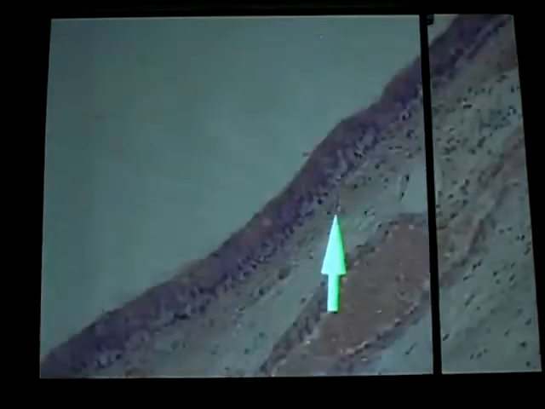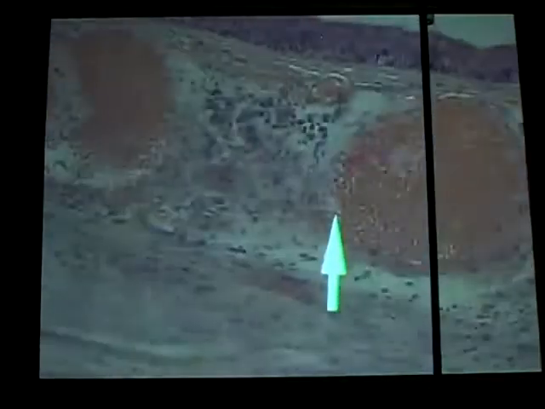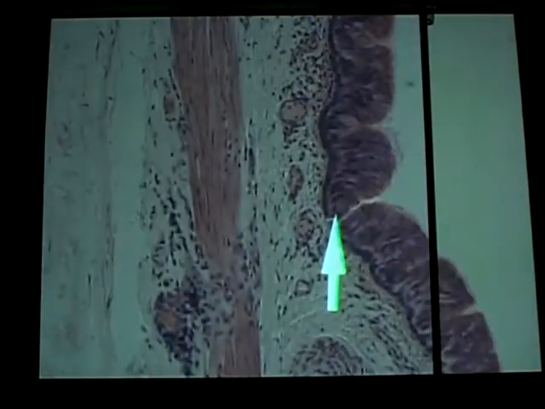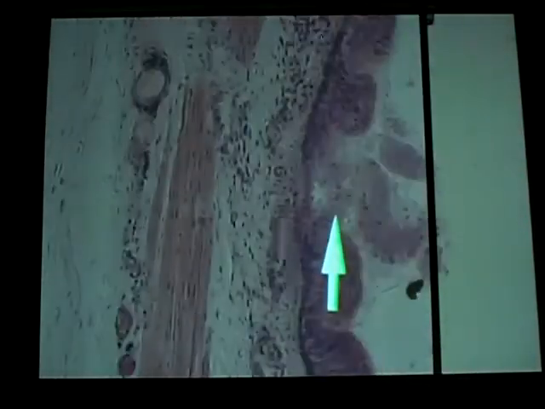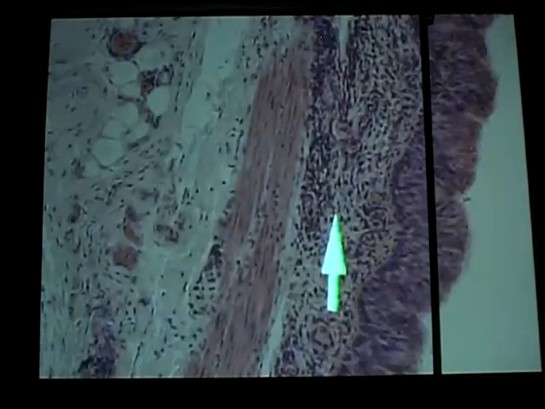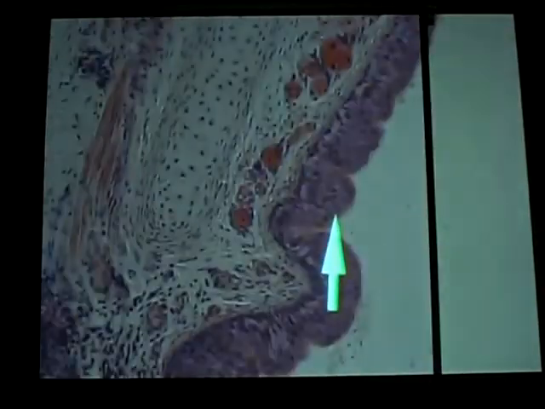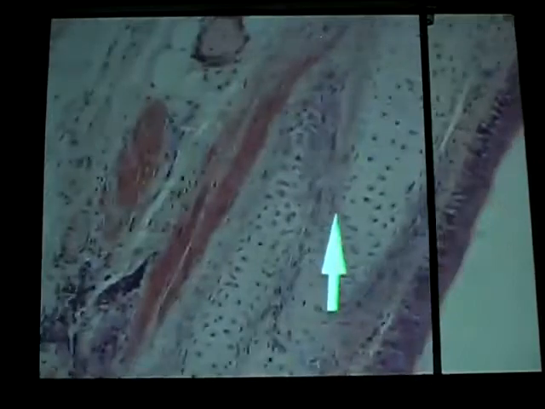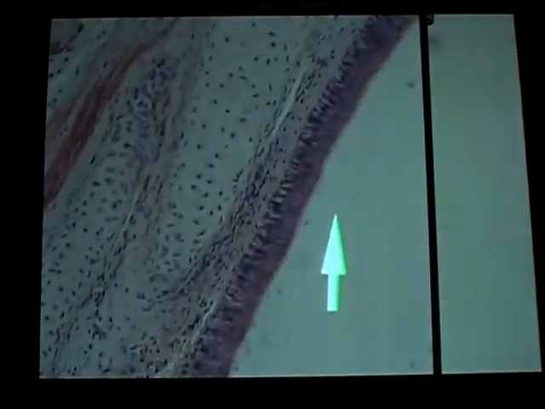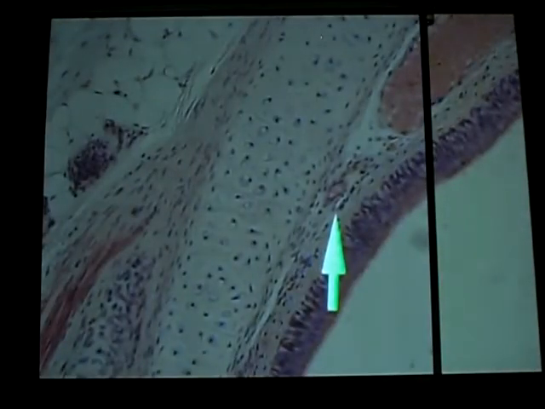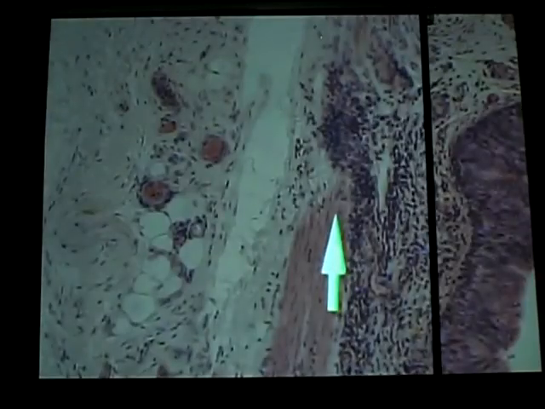We're seeing a whole lot of blood vessels in here too. So pretty much your C-shaped ring of cartilage, your pseudostratified epithelium, and a little bit of smooth muscle here where the